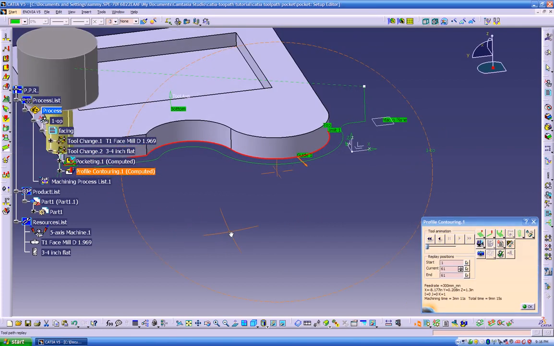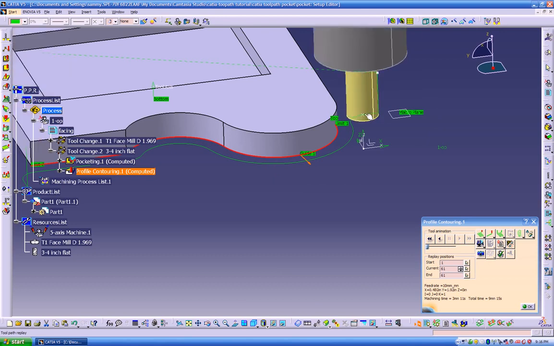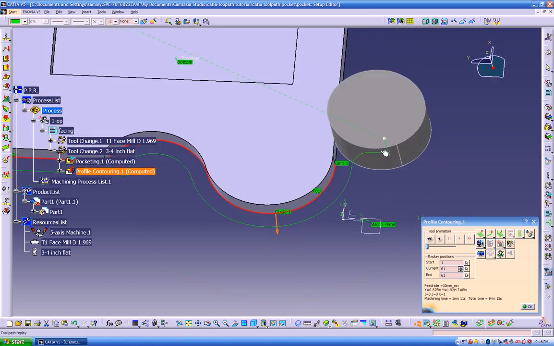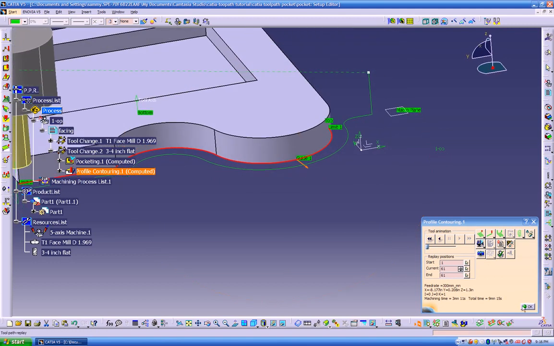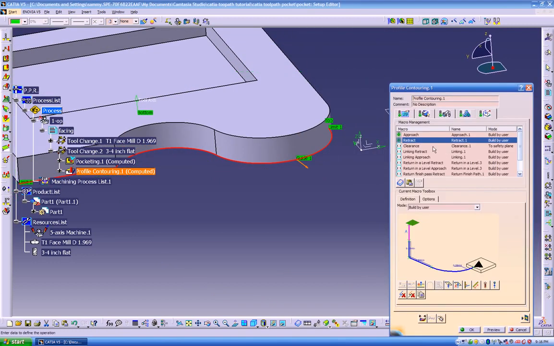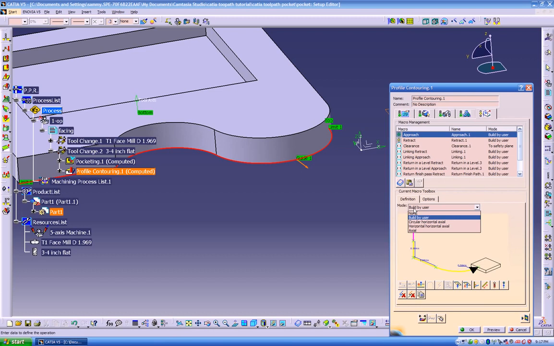So our tool, as you see, starts outside, leads in very nicely, comes into the part right here. See, if you don't use the lead in options, let's go back over here and we can delete these macros that we just selected. So just click on remove all motions. Let's go to approach, and let's put over here remove all motions, and